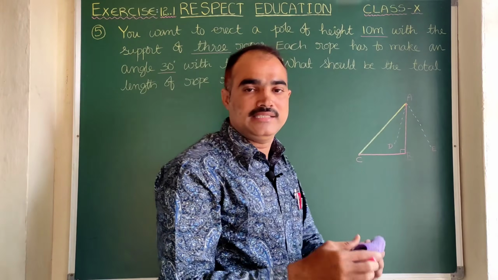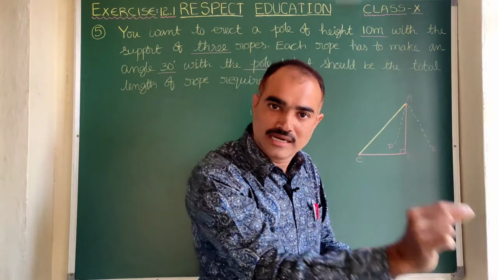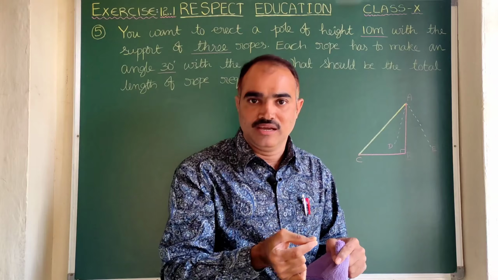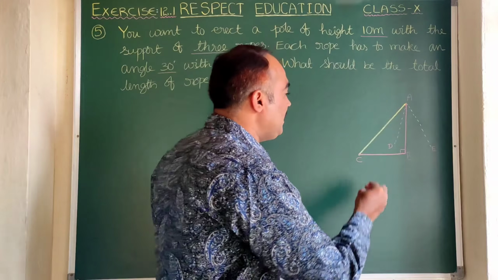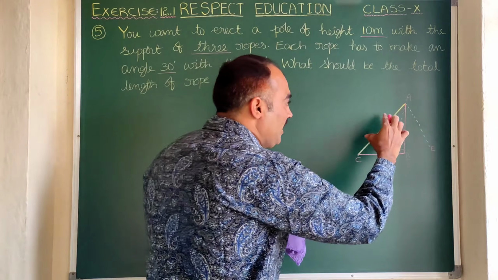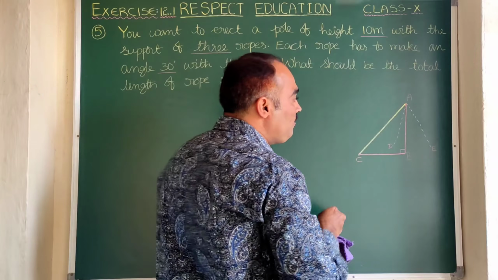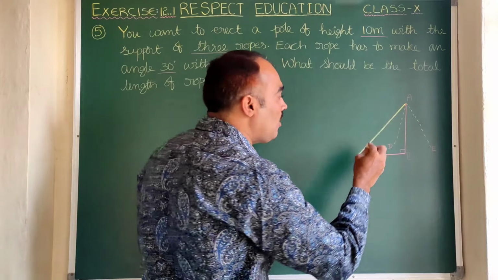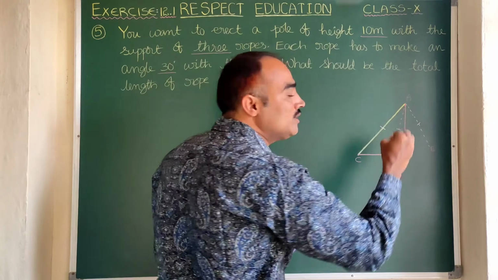Is it clear? There is a pole. For this, one rope is on the left side, one rope is on the right side, one rope is on the back side to give the support. Okay, like that you can visualize. So here, how much AC do we get? The value of AC is equal to the value of AD and AE also, because all the 3 ropes are of equal length. How do we know that?